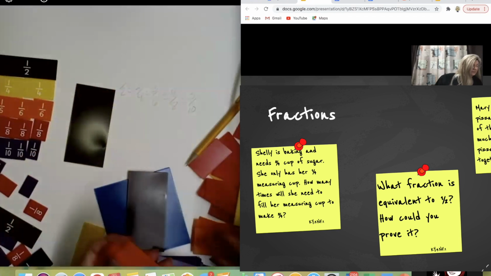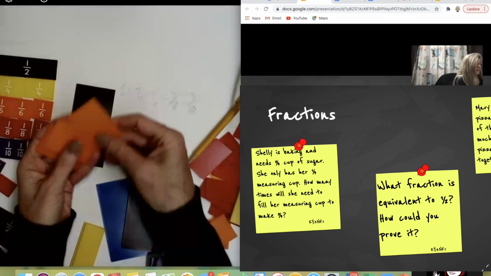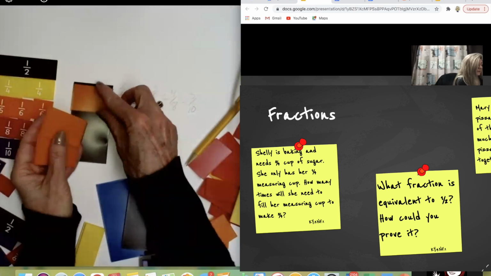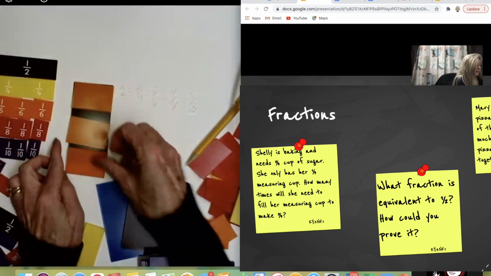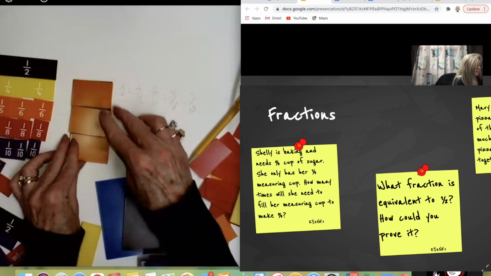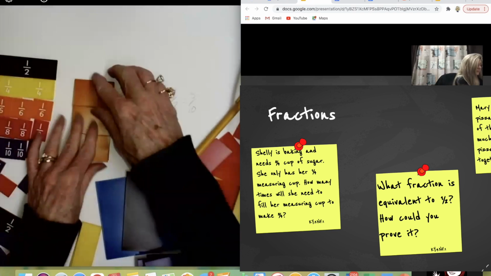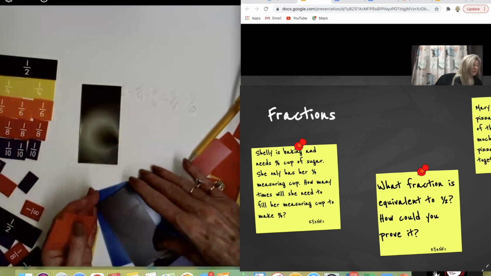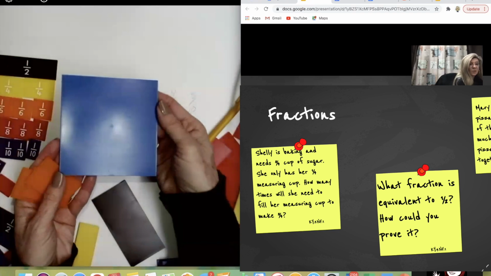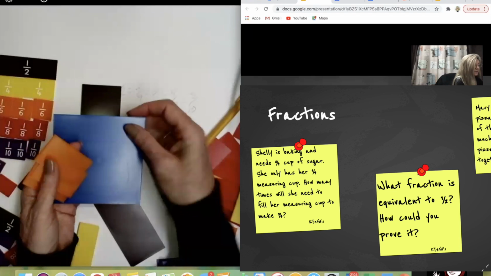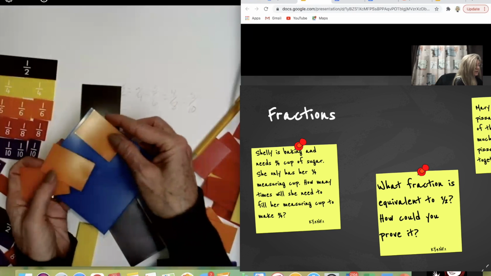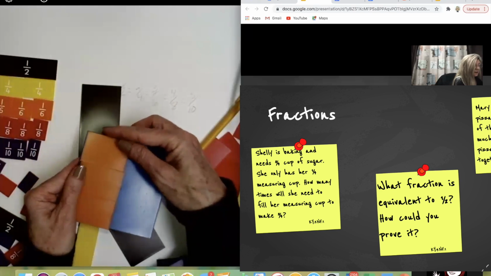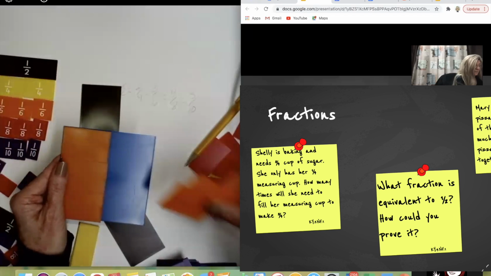Looking at our 6ths, this is another thing because it has them look at it different ways. You have to build it differently here. So we have the 3/6, which also equals 1/2. Now, if they need to prove to themselves that these are 6ths, you have to let them build on the whole. Of course, this is something you let them have lots of experience with, building and seeing how many orange ones can we fit on the whole, and they would build them.